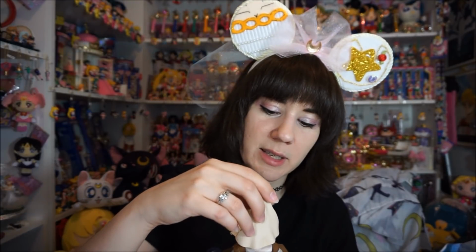Or you can take that out, and you can put Prince Endymion on top by himself. He fits in the hole. Or you can put the other one on here, and you can put the little circular piece in this one, and then you can have just Princess Serenity sit on top. And then of course the main one, which is having this one on here with Princess Serenity and Prince Endymion